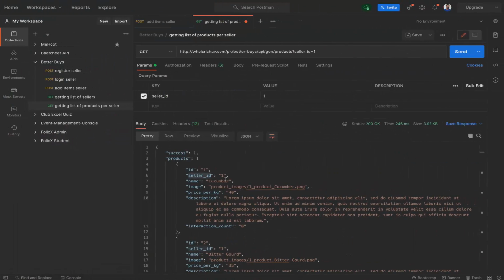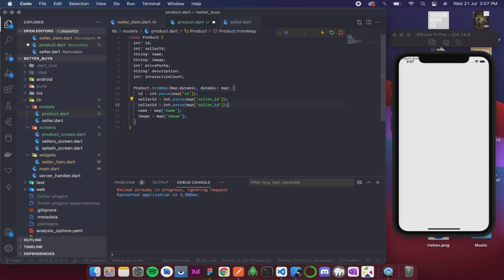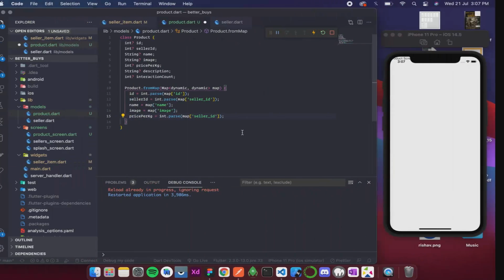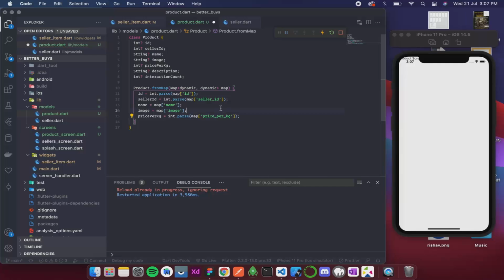Okay, then after that we have price per kg, so it will be like this, price per kg. And then we have description. Over here also it is gonna be description, and then we have interaction count. Alright, so our product classes, product model class is created.